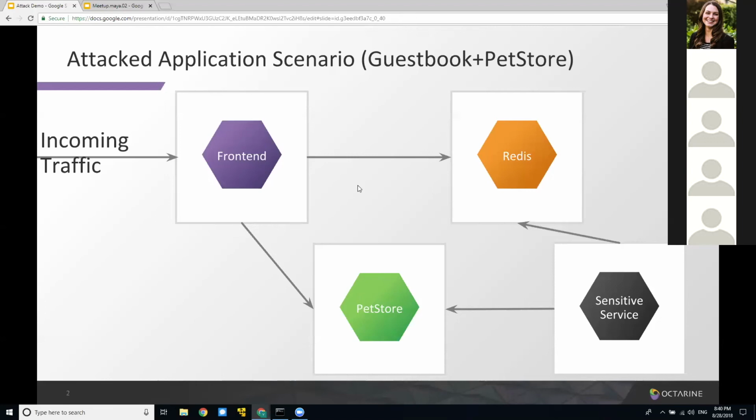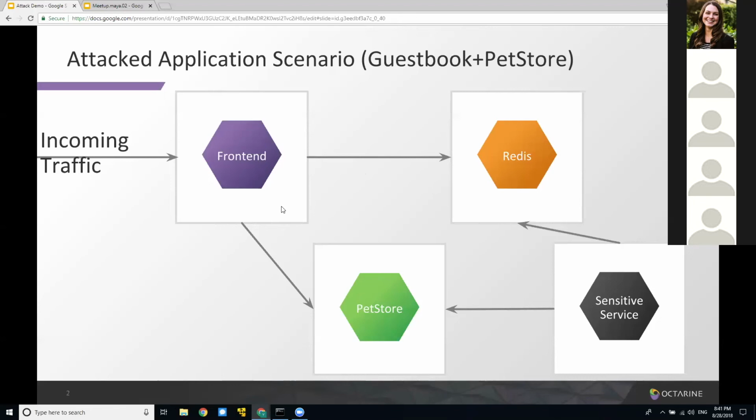But the other thing that we would like to minimize, for example, or to get visibility is to the application layer, to layer 7. For example, what commands are running, or what actually is going on between the front end and the Redis application, to try and, for example, see some anomalous behavior. Does someone, for example, start running delete on all my database, or trying to extract all the keys, which is not a normal command that the front-end application runs.